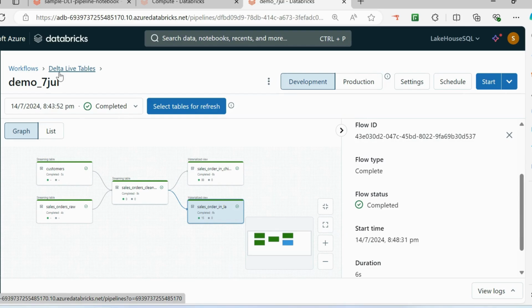So I've shown you how to do it in SQL. If you want me to show how to do it in Python code, please leave a comment in the comment section. I will create a video on Python Delta Live Tables as well, on how you can write the code in Python. That is very simple, so I can make a video on top of this if you would like.